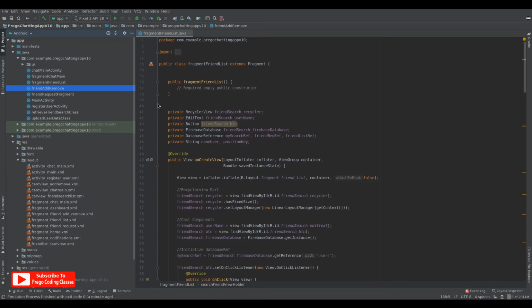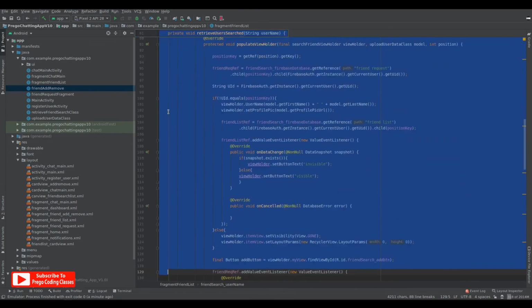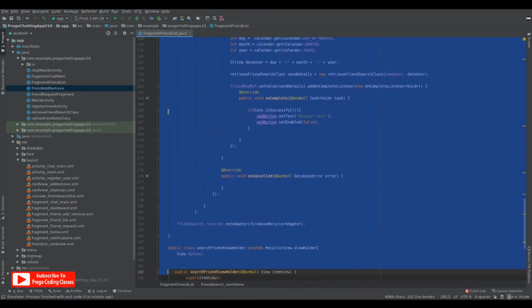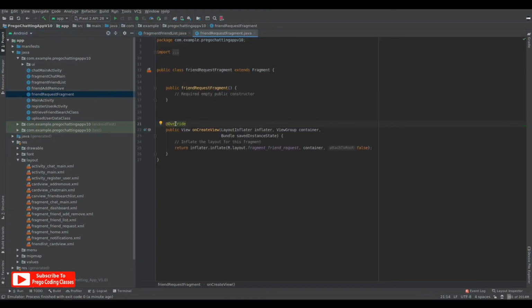Let's just copy from private recycler view until the end. Until here, just copy it and open fragment friend request fragment, and we'll paste it over here.